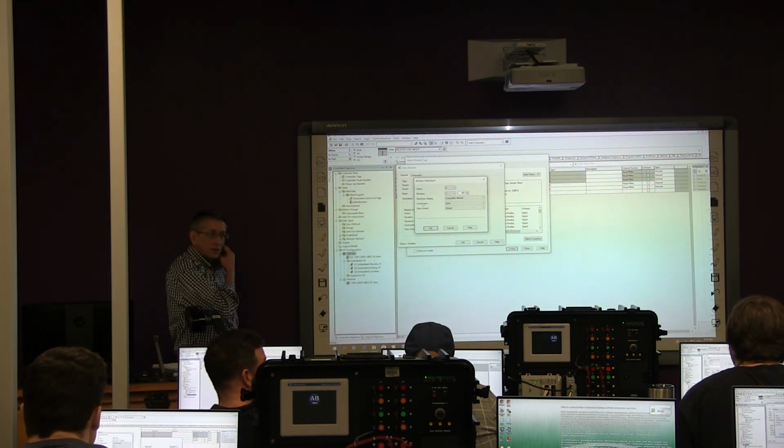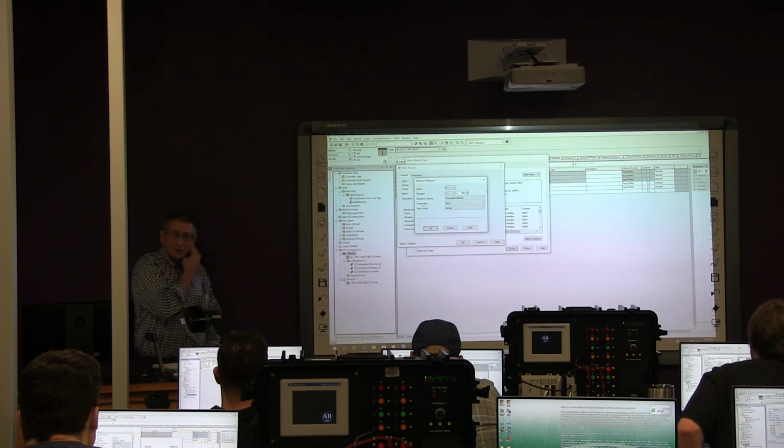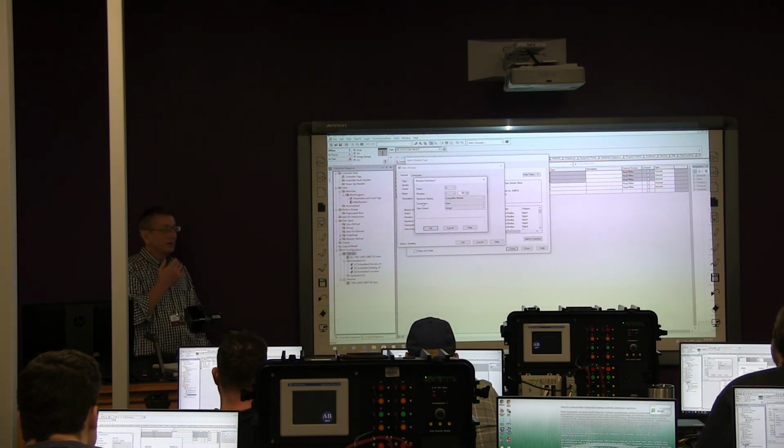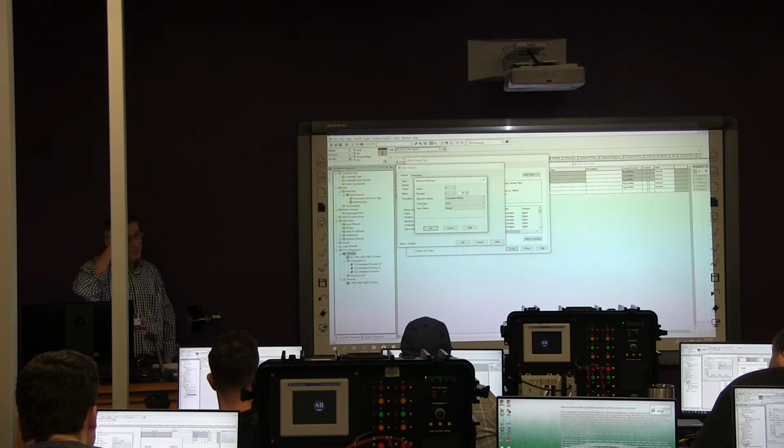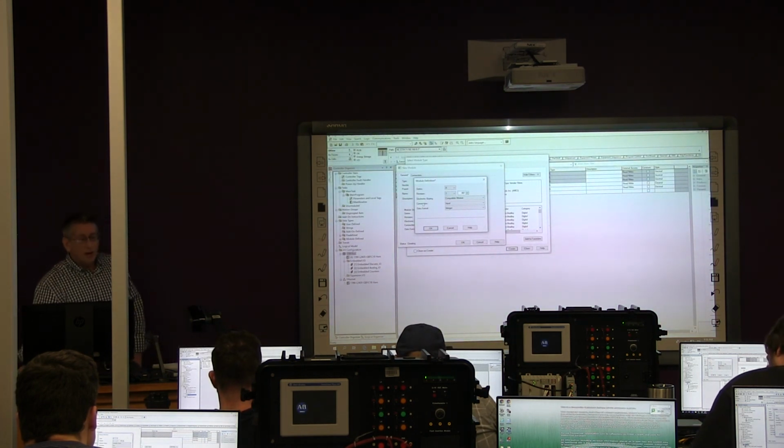Good? I know it's a headbanger. So, and here's the key. We have this electronic